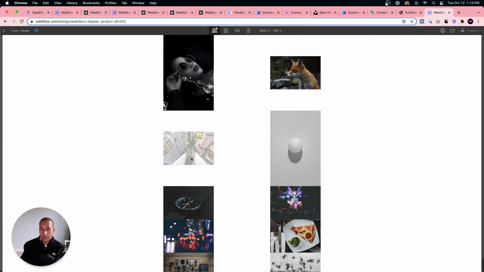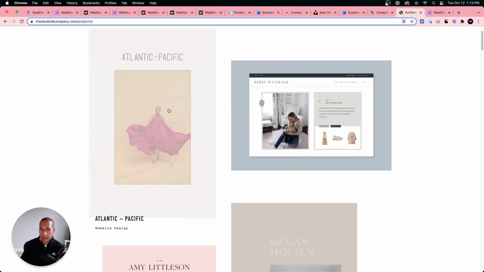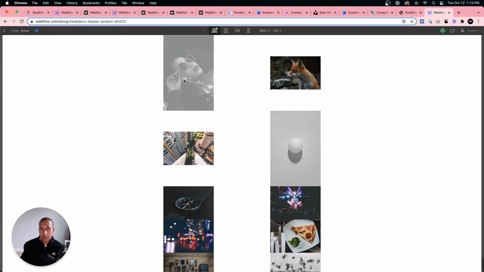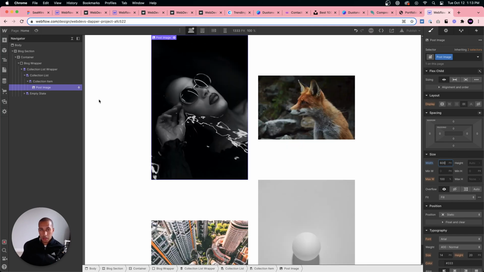So on hover, it just changes the opacity of the image, and you can add an interaction to add this here. So let me try making these images actually larger. So image, I'm gonna try 600. Yeah, something like that. Let's do 700.